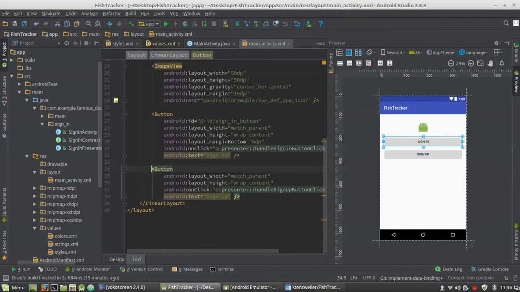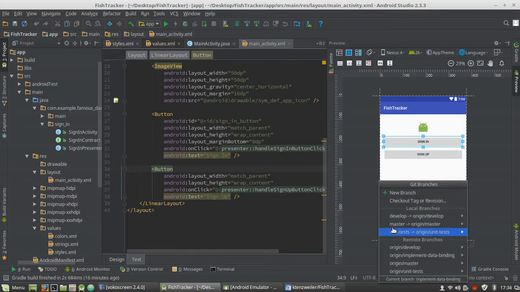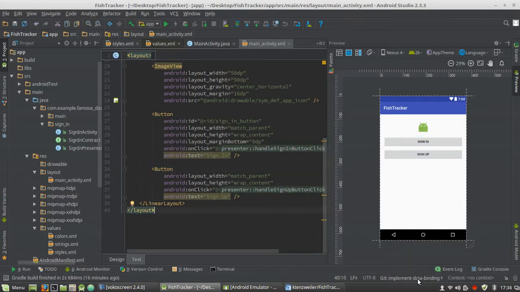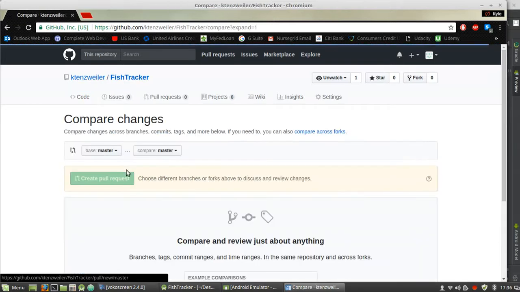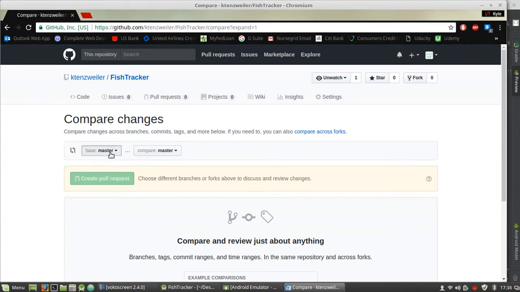In the last video we implemented data binding, and we committed those changes into our implement data binding branch, and now I think we are ready to merge those changes into our develop branch. So go into your repository, go into the fish tracker repository, we'll do a new pull request, and we're going